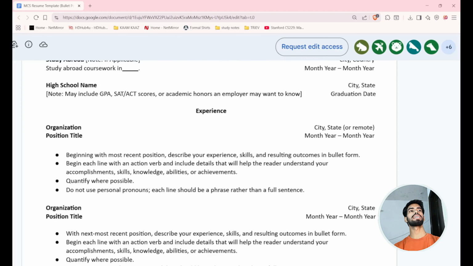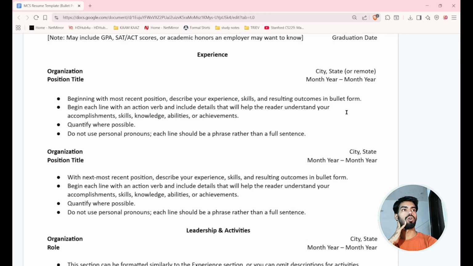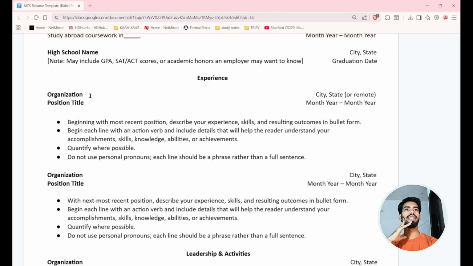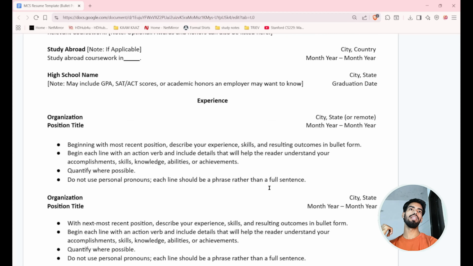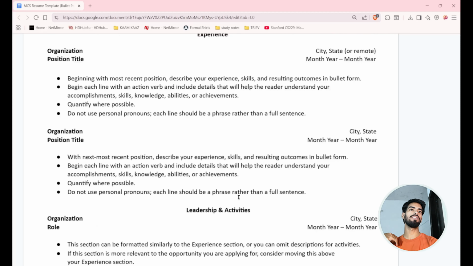Next we have experience. In the experience you can write if you have done some internships, you can write the organization, position title, and the city or state it belongs to, and the year, ठीक है। So this is something that you should focus on, and all the skills जो कि आपने सीखी है या functions आपने जो भी रिपोर्ट में काम करा है, तो आप उसको यहाँ पे लिस्ट कर सकते हो, ठीक है। Next it's followed by leadership activities।